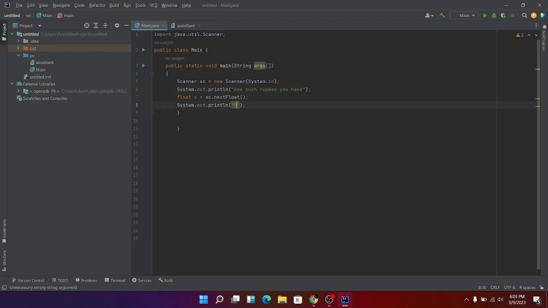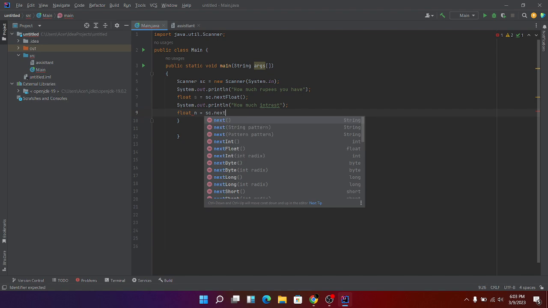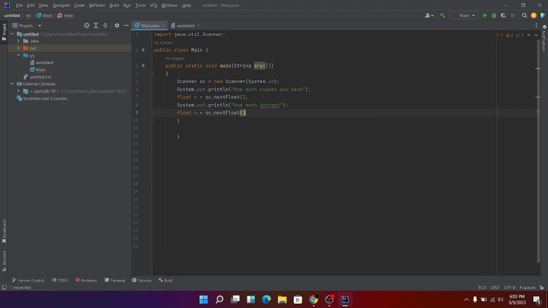Shout how much interest do you need? How much interest? Again, float n equal to sc.nextFloat. So now what we are going to do